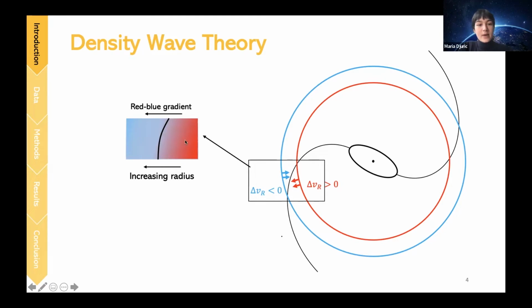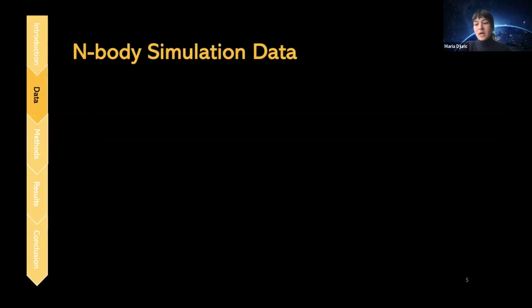So basically, we get this red-blue gradient of radial velocities with increasing radius, where the line between red and blue can be used to trace the location of our density wave and thus our spiral arms. So alongside stellar data from Gaia, which I cross-matched with other surveys, including APOGEE and 2MASS, I compared observational results